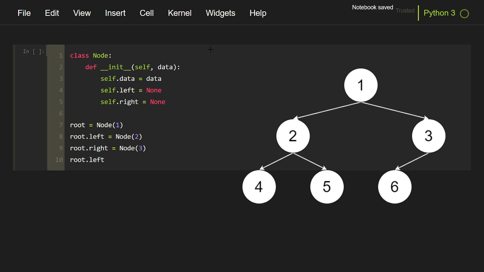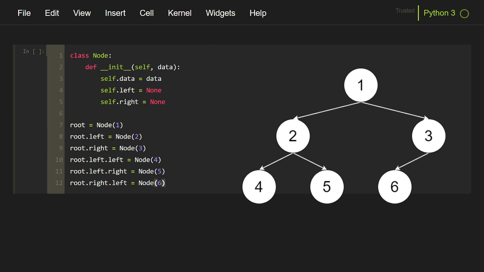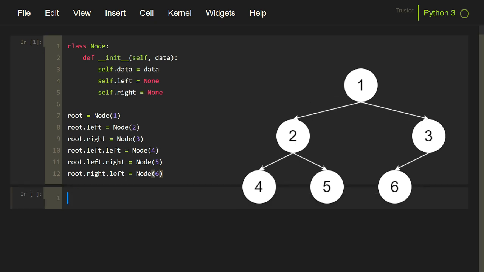Node 2 is root.left, node 2's left child is node 4, and node 2's right child is node 5. Node 3 has only one child, so node 3 is root.right, its left child is node 6. You can verify these connections with the reference image that is displayed on the screen right now. We can execute this cell and our node class and the tree structure have been constructed.